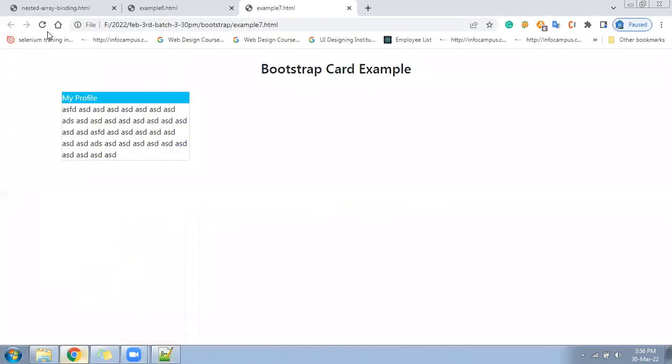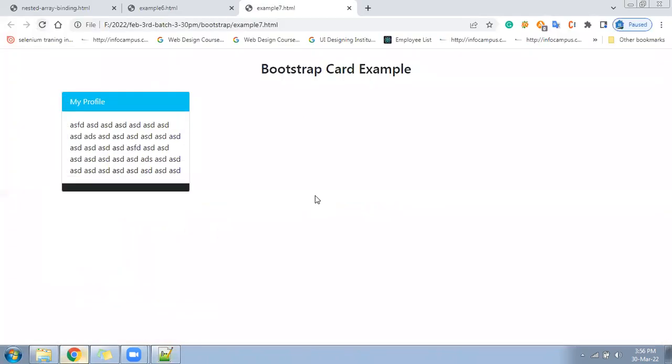Save it and check now. In the card footer, we have not written anything. We can write here.